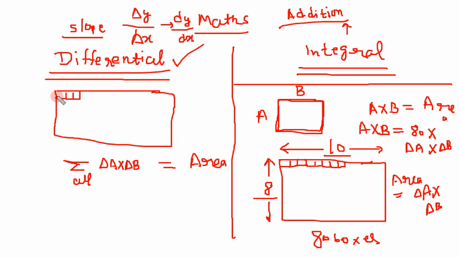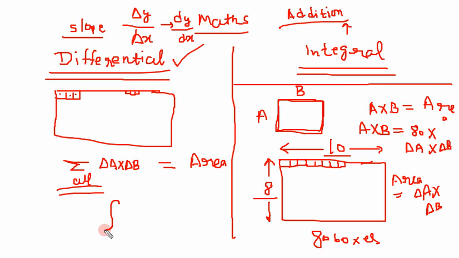The problem with the summation sign is that if we can count the boxes, then we can use this summation. What would happen if we cannot count the boxes? The boxes are becoming smaller and smaller, and so small that we cannot count them. There are too many. So what will happen? In that case, when we cannot count the boxes, that will become an integral.